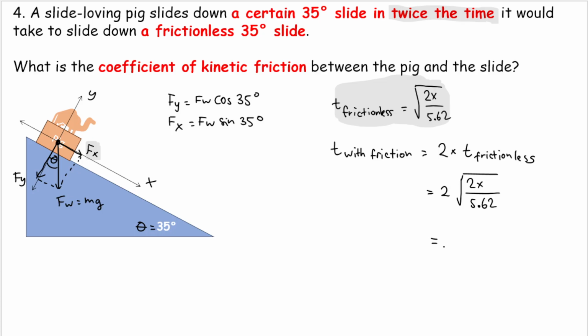So we'll have the square root of, I will write 2 here as the square root of 4, and that times 2x divided by 5.62, right? So we will have this square root here. I think I can rewrite this as 2x divided by 1 over 4 multiplied by